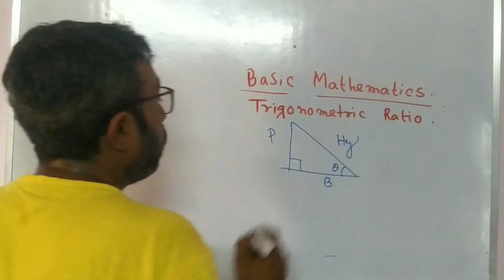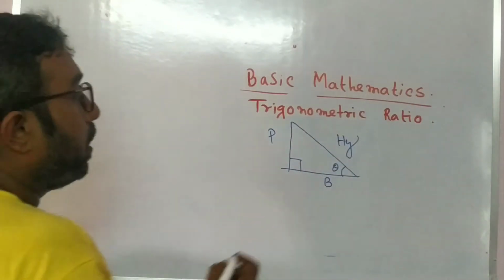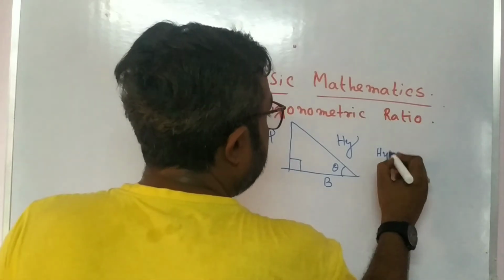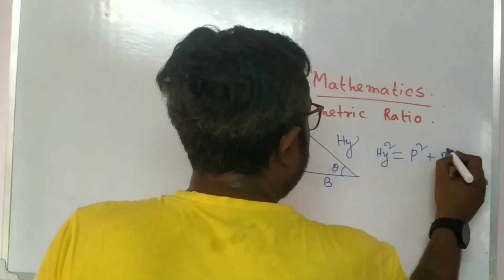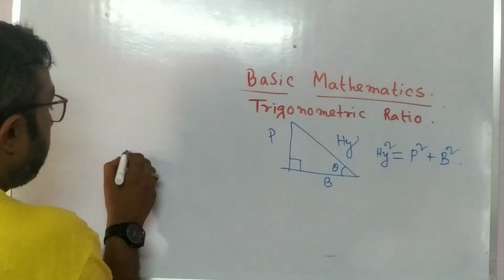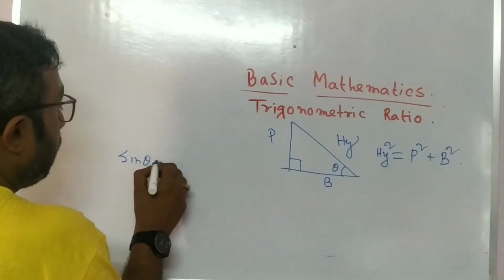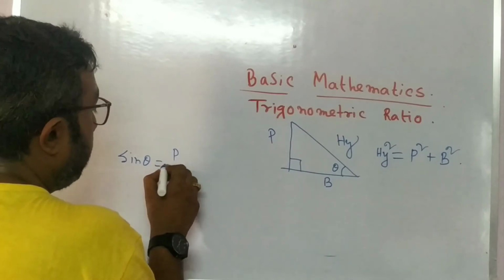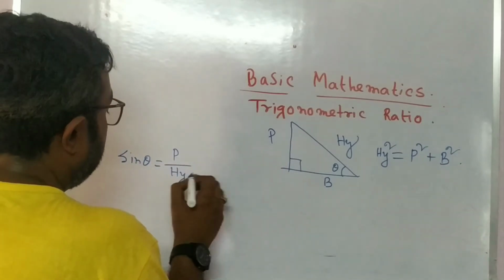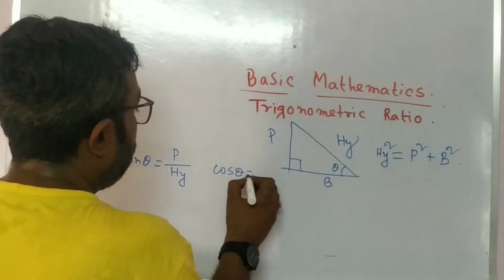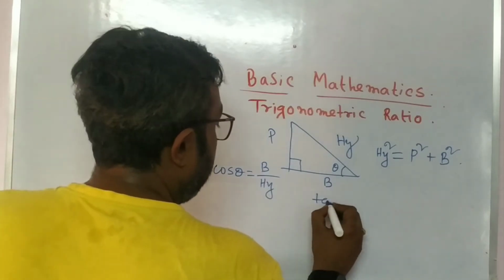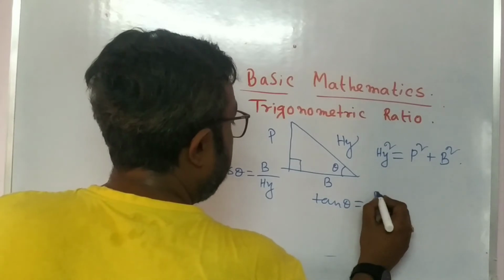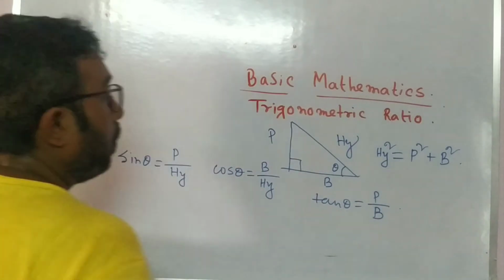So according to the Pythagoras theorem, we can write hypotenuse square equal to perpendicular square plus base square. Now we can write sin theta equal to perpendicular by hypotenuse, cos theta equal to base by hypotenuse, and tan theta equal to perpendicular by base. Okay,